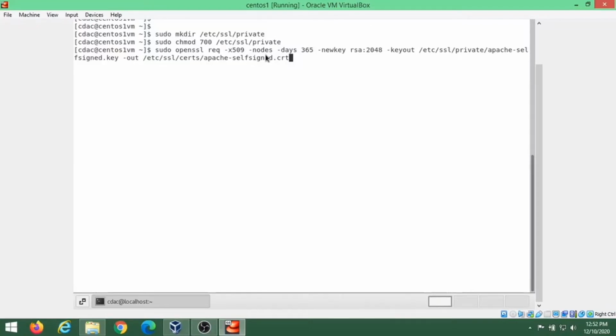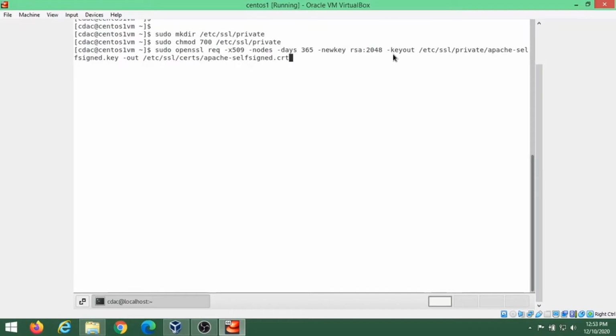A passphrase would prevent this from happening since we would have to enter it after every restart. The next field is days 365. This option sets the length of the time that the certificate will be considered valid. We set it for 1 year. The next field, newkey rsa:2048. This specifies that we want to generate a new certificate and a new key at the same time. We did not create the key that is required to sign the certificate in the previous step, so we need to create it along with the certificate. The rsa:2048 portion tells it to make an RSA key that is 2048 bits long.